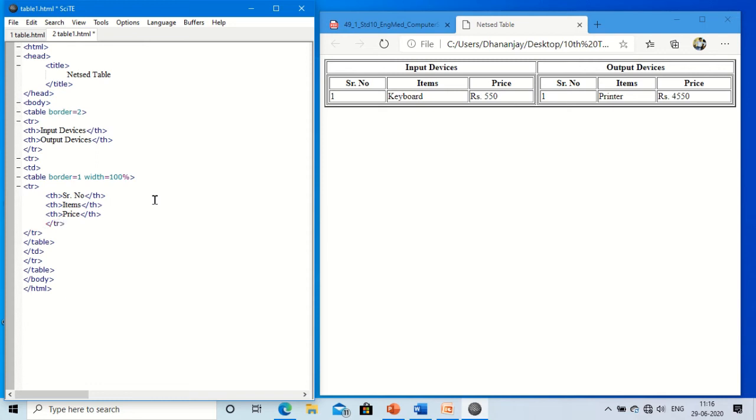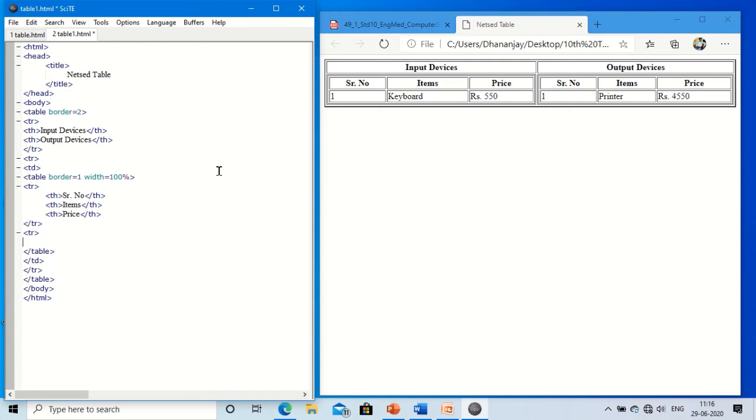Okay, after closing this tr, then I want one more row for inserting one keyboard and rupees 550.